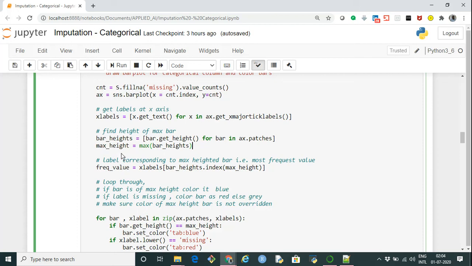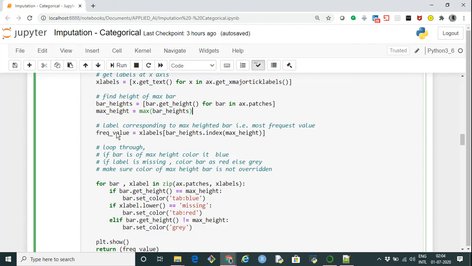And in this particular code, I'm using this maximum height. That is the position where this maximum height is coming under bar underscore heights. I'm using that position or index as a reference, and finding the value from x underscore labels.